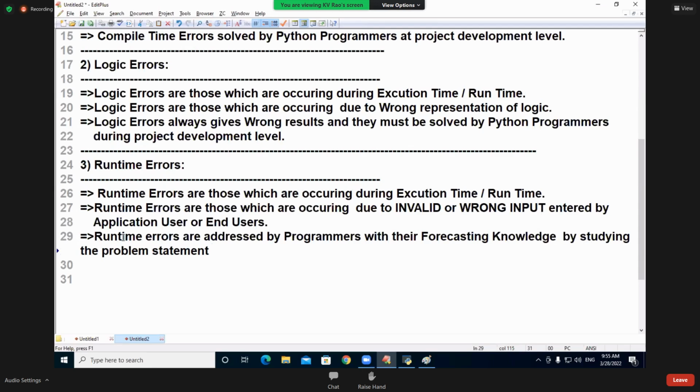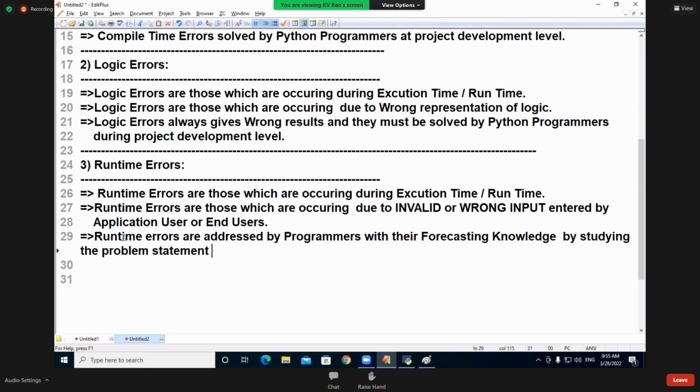So how can I study? I will conduct some preliminary investigation when I go to banking software development. I speak to various clerks. What are the operations where you are getting problems from the customers? They will tell me they will submit like this, they will enter like this. These are all called runtime errors. Those things I have to address in my program. That is known as which errors?